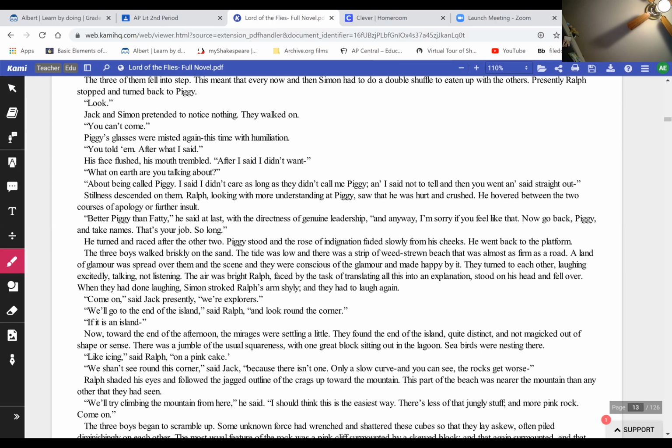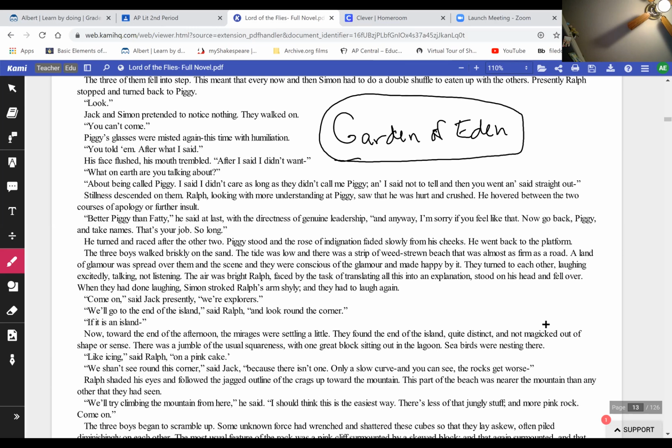The way Golding is setting this up is this is supposed to be the Garden of Eden, the idea of the story of the Garden of Eden. They come in and then it's perfect. They're going to live forever. Adam and Eve, and they screw it up, and that's what brings sin into the world. And so we're supposed to, in a sense, see that. So the island itself is set up perfect,